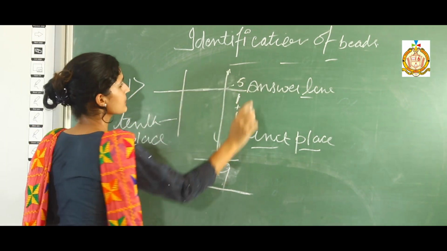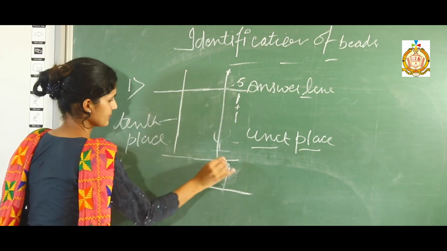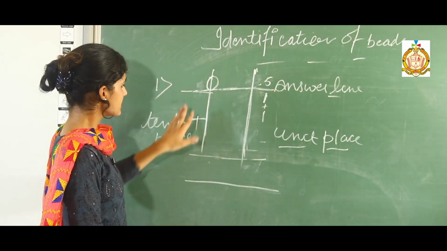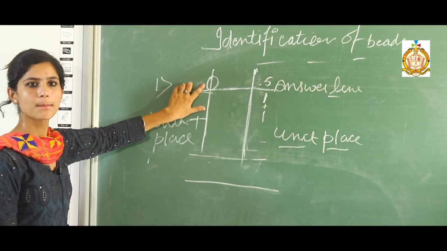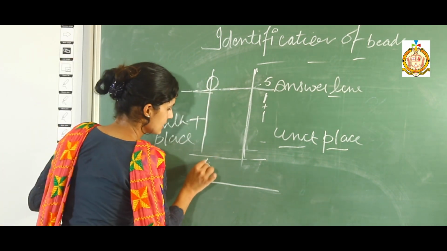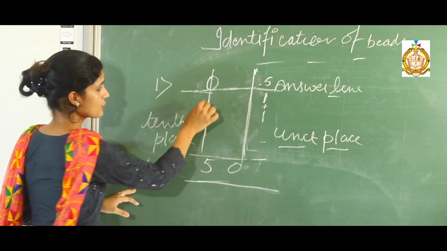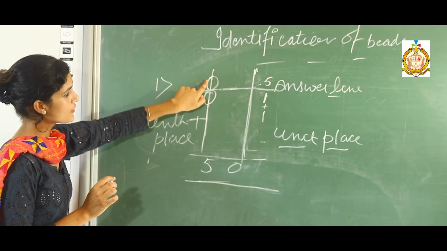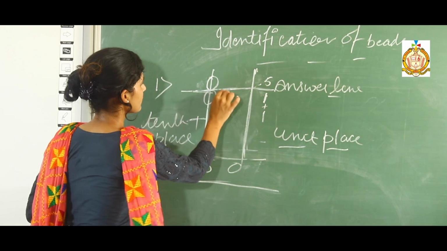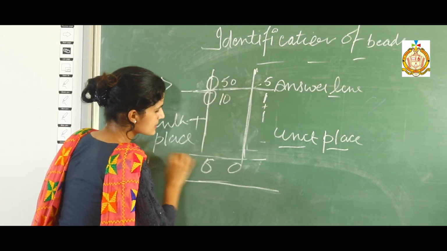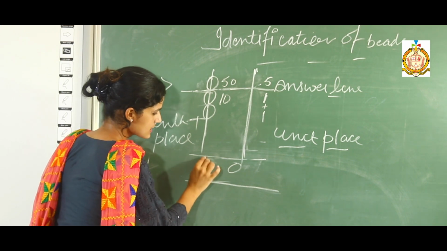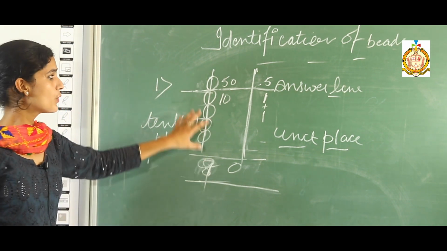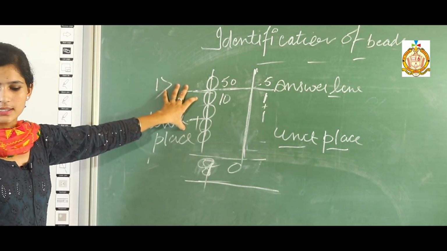Now come to your tens place. Now your next concept. Now look here. This is your tens place. In the tens place, the upper bead has value 50. Write 50 here. If one bead from the lower side is also added with the upper bead, then 50 and the lower bead, each bead having 10 value. So 50 plus 10 is 60. Write 60. If one more bead is attached, then 70. If one more bead, 80. If one more bead, then 90. We can add up to 90 here on the tens place.